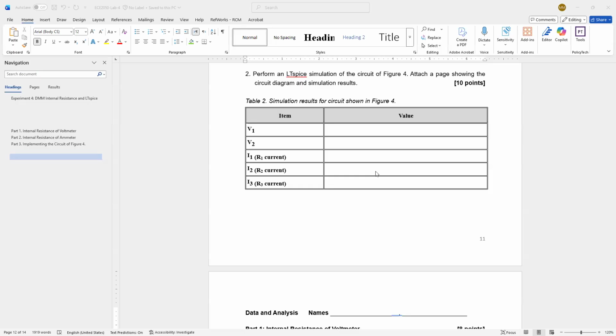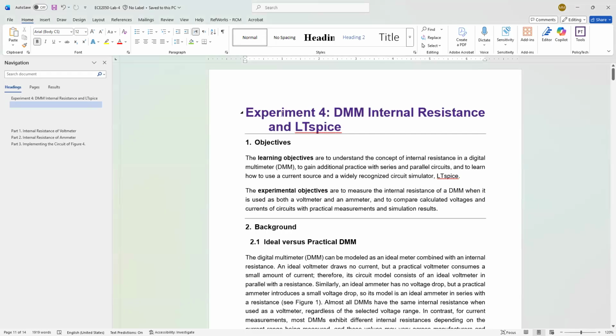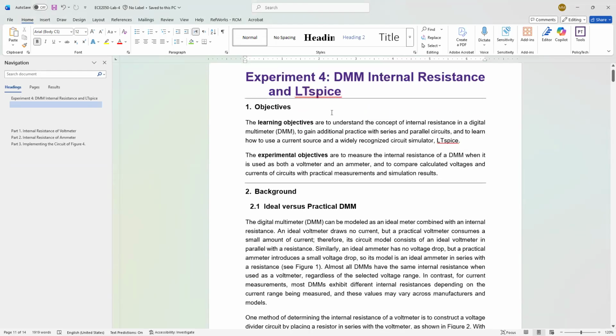Hello. I'm making this video just to help you with Lab number 4. As you see here, this lab is about the digital multimeter, internal resistance, and LTspice. The learning objectives of this lab include, number one, the